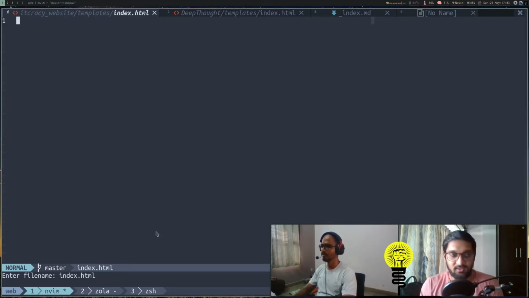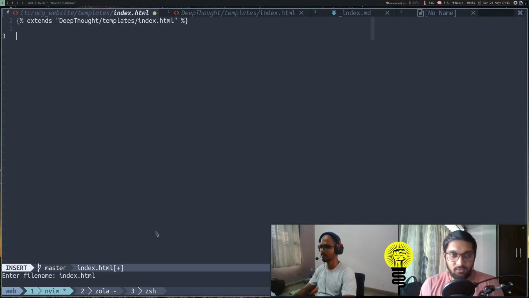For that, again the syntax will be curly braces, percent, and inside that we will extend our theme's index.html page. The theme is deep-thought, so starting from the theme folder, deep-thought slash, then templates, and then index.html. It tells that we want to extend this page from our theme.